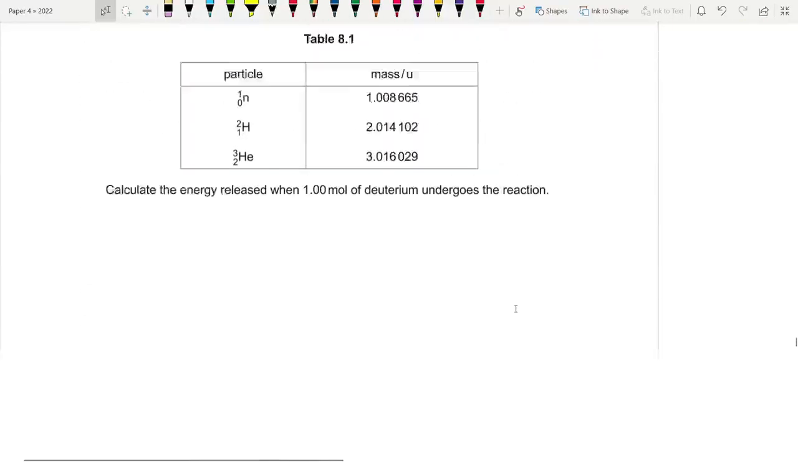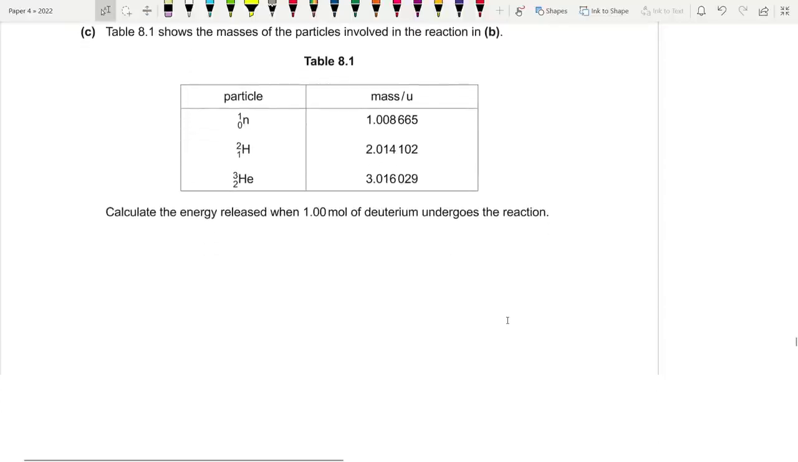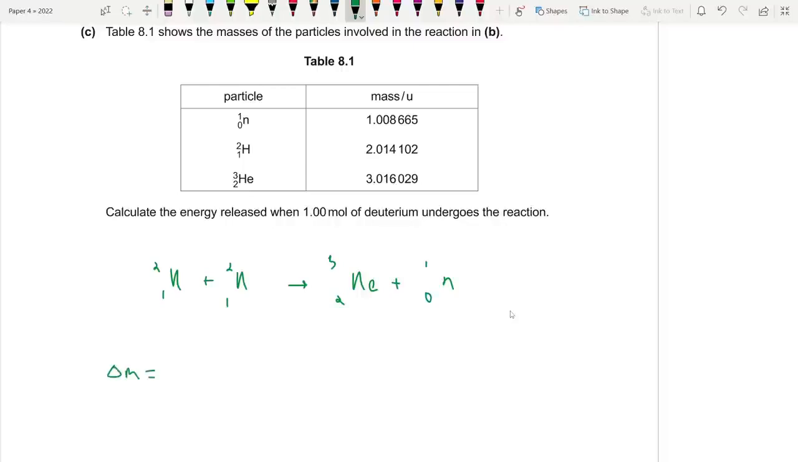Calculate the energy released when 1 mole of deuterium undergoes the reaction. This is perfect because now we have the data. Right, so let's go for that. So let's find out the mass defect, shall we? So we had hydrogen 2-1. This resulted in helium 3-2 plus a neutron. So let's find out the mass defect, yeah? So the mass defect is for